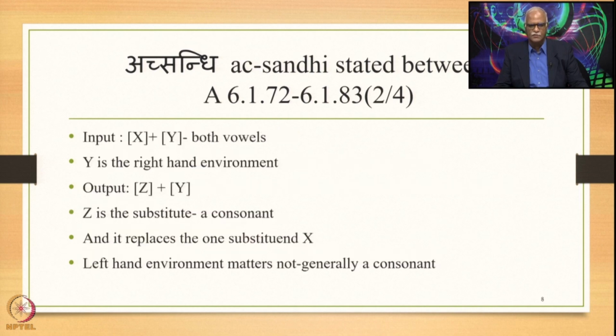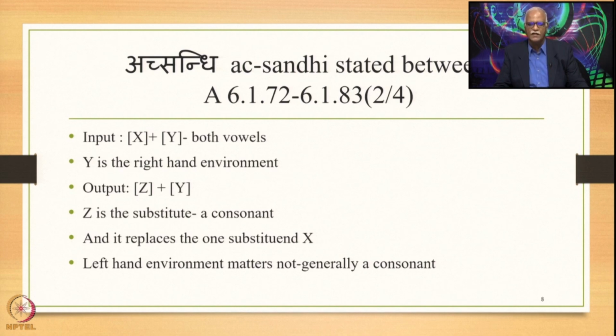So this particular explanation can be shown in the format of an equation in the following manner. If you have an input, namely x plus y, both being vowels, and this plus sign indicates that they are in the samhita mode, and in this samhita mode y is the right hand side environment, then the output would be z plus y. Z is the substitute, and this z would be a consonant, and this consonant replaces the one substituent x, which is a vowel. This is the explanation in the form of an equation of ekasthanika ekadesha sandhi stated in the subsection, namely